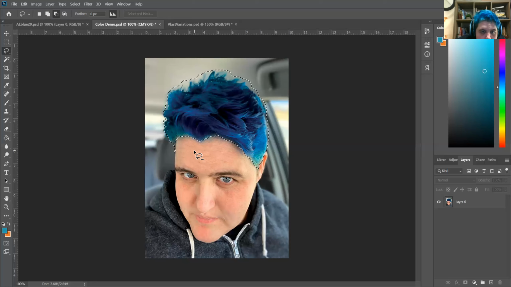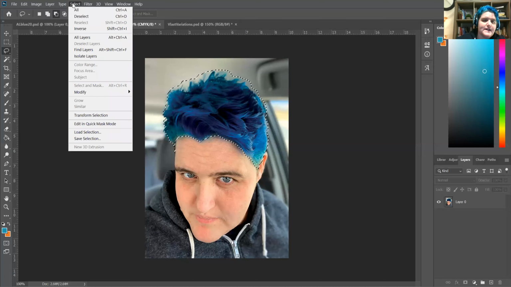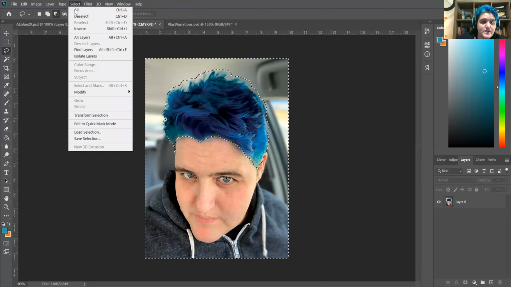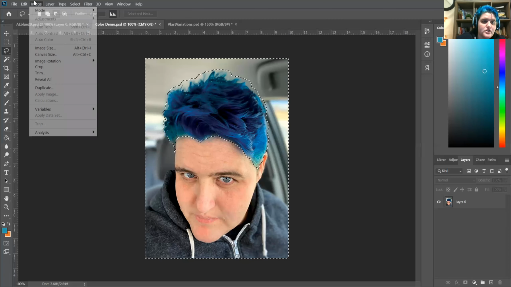Okay. So it looks like I got pretty close. What I'm trying to do is just isolate the hair part of it. And then we're going to select inverse. So now I'm selecting everything except the hair. And I can then just go into that and do,